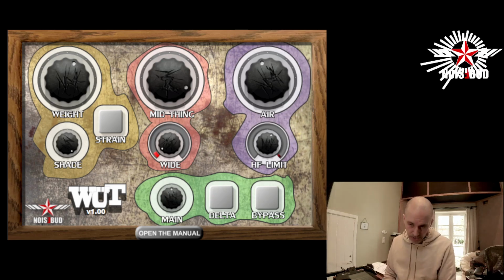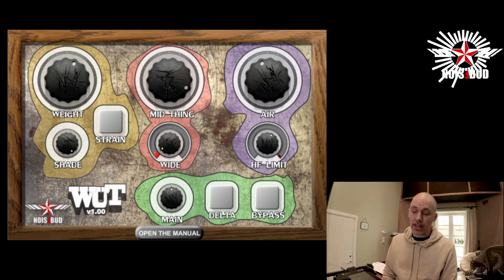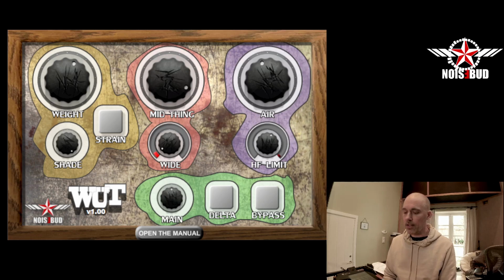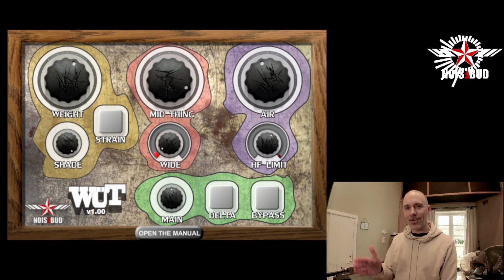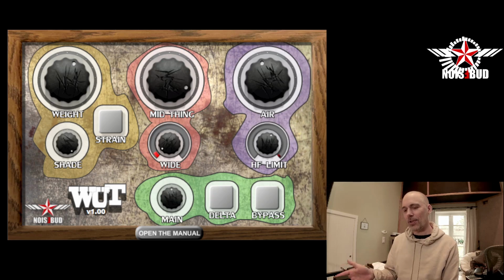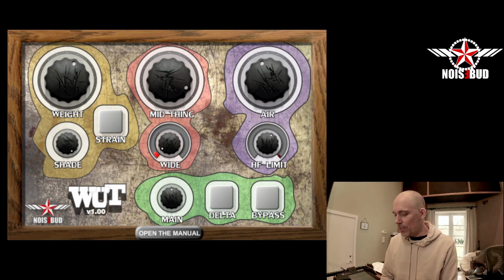And the mid thing is nothing like an equalizer at all. It's more of a stereo widening effect. You can think of it as a reverb, but it's following the envelope of the audio, which means that the reverberation time is no longer than the audio that is going through the plugin. So it's like adding reverb without the tail,